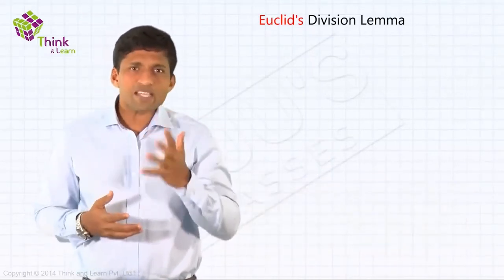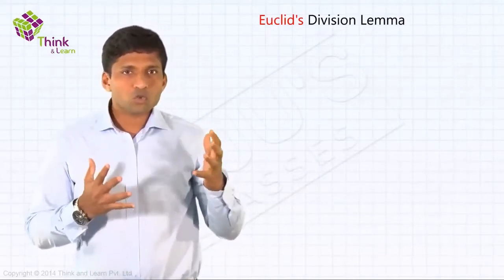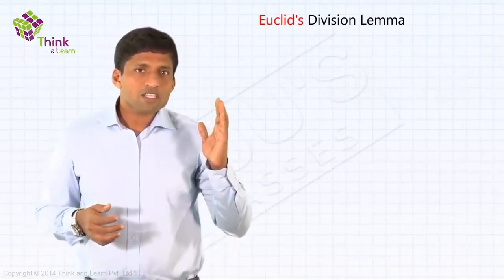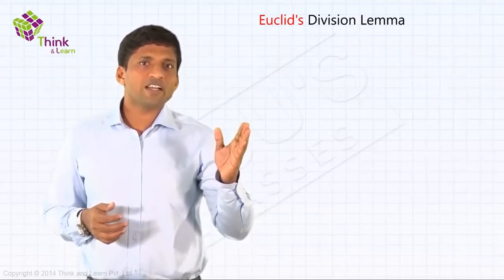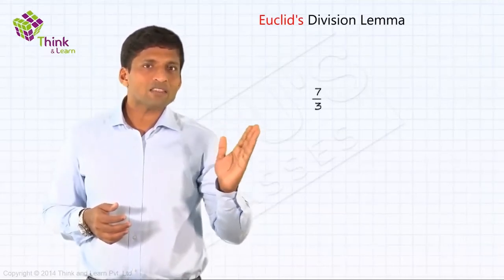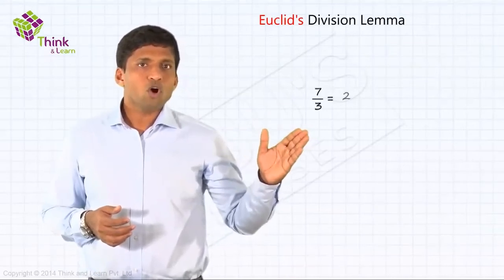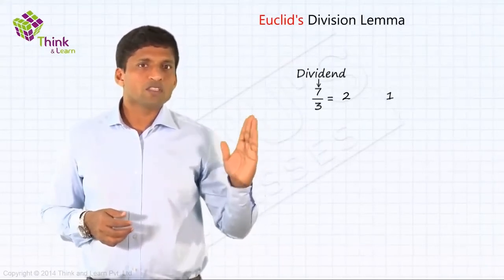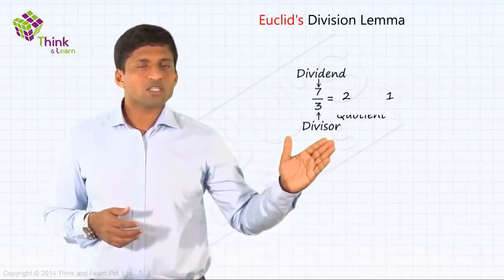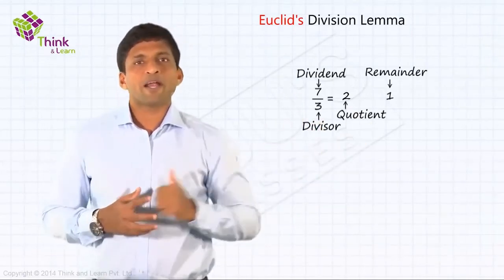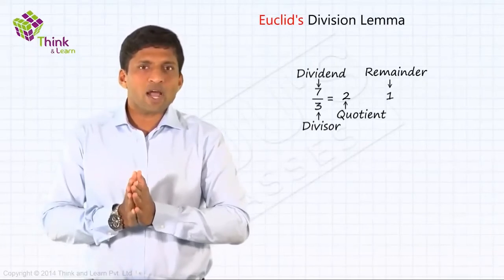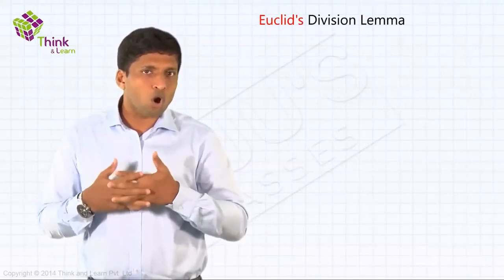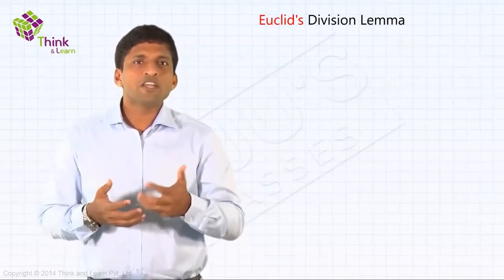Very simple, right? Using basic division, which all of you know, the scenario which I just gave you can easily be represented as 7 chocolates. You have to take 3 at a time. So I can write 7 by 3 equal to 2 with a remainder of 1. Now here 7 is called the dividend, as all of you know. 3 is called the divisor. 2 is called the quotient and 1 is the remainder. So this is very basic division. These are things which all of you know. We are just giving it a different name.